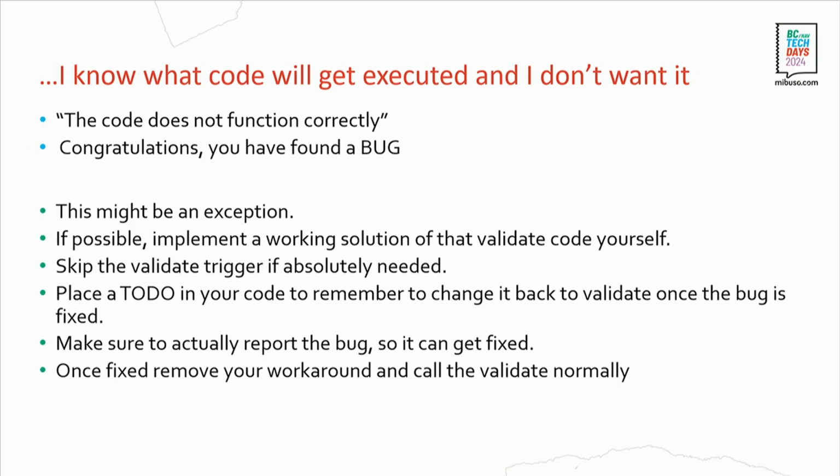You should put a to-do in your code so that you don't miss that place, and eventually it will get fixed by Microsoft. It's probably 6 months into the future if it's not too critical. Otherwise, they will deploy a hotfix and you can move on pretty quickly, and then afterwards you can revert to the normal validation if the fix is in place. That was what we could think about whether you wouldn't want to execute code.